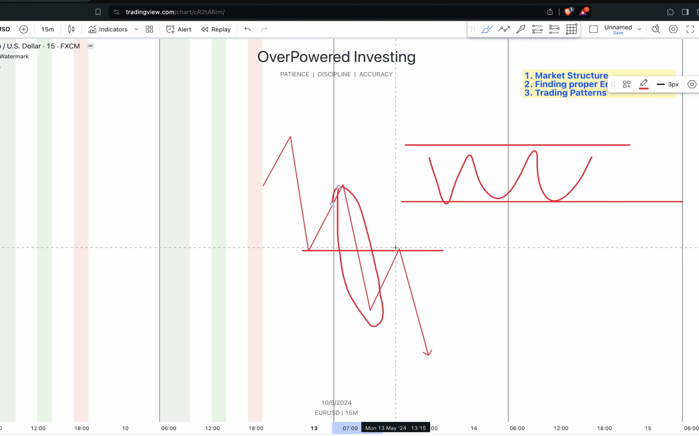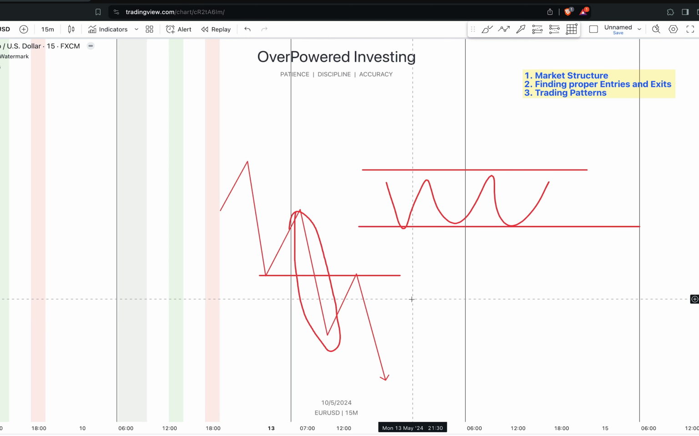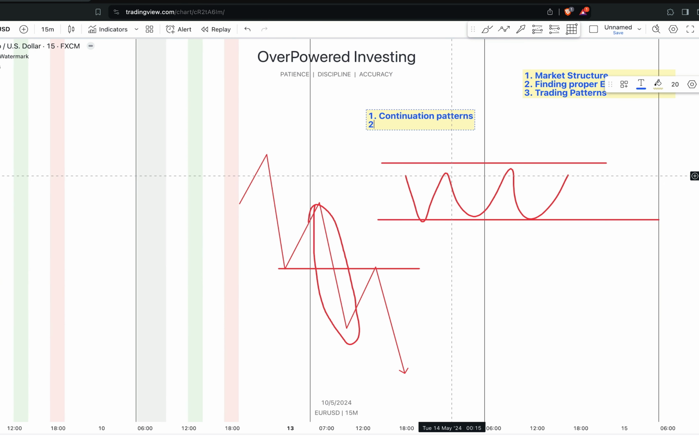There are lots of continuation patterns, guys. This is sort of like a segment of trading. It's called trading the continuation patterns. The second type of patterns is